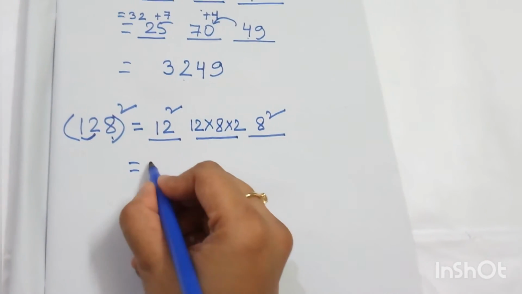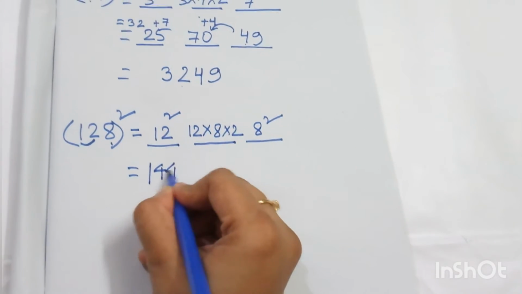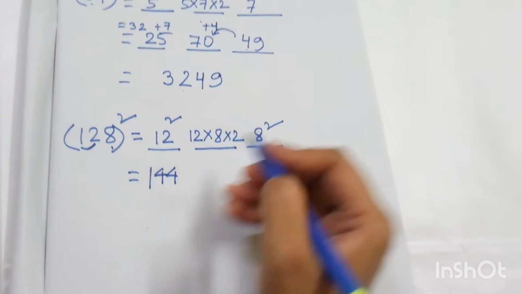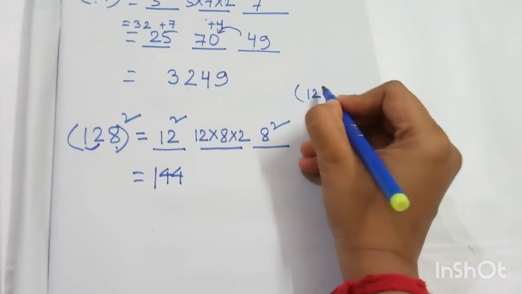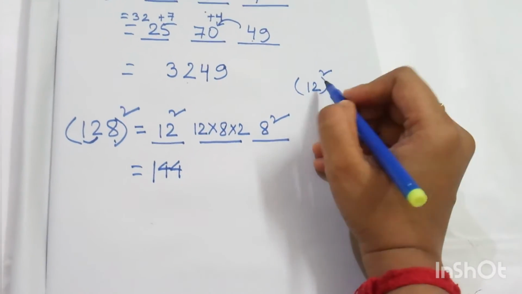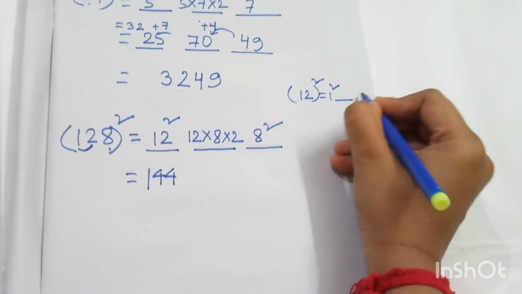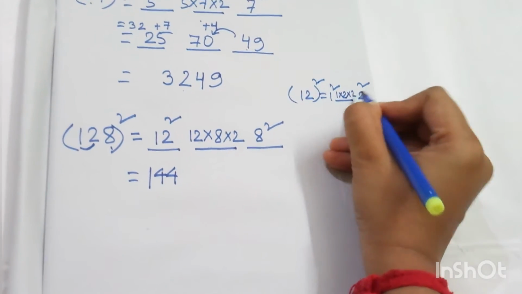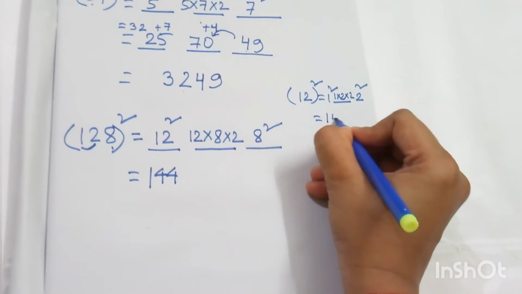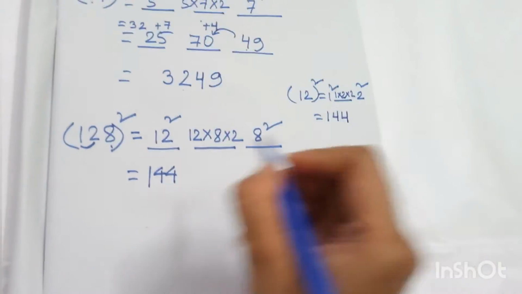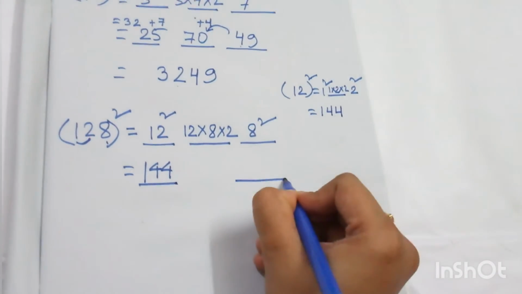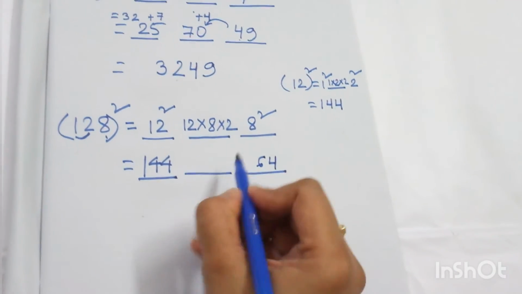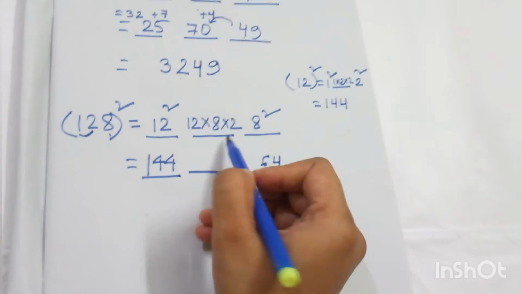So 12 square will be 144. If you don't know the square of this number, you have to calculate like this here: 1 square, 2 square and here 1 into 2 into 2. So here it is 1, 4, 4. Okay. And here it is 64. If we multiply 12 into 8 into 2, we will get